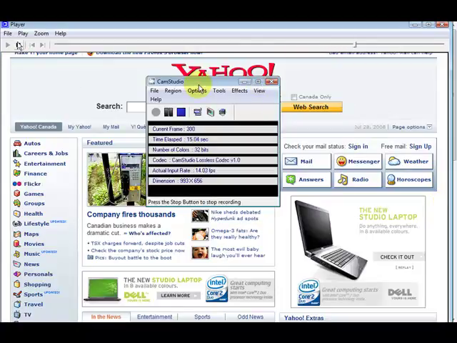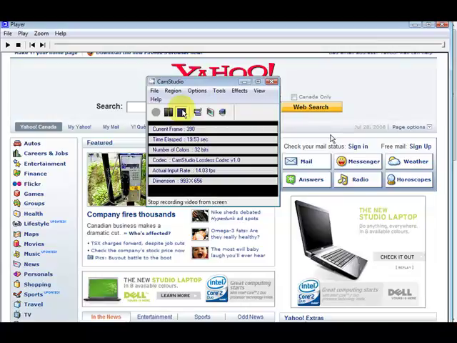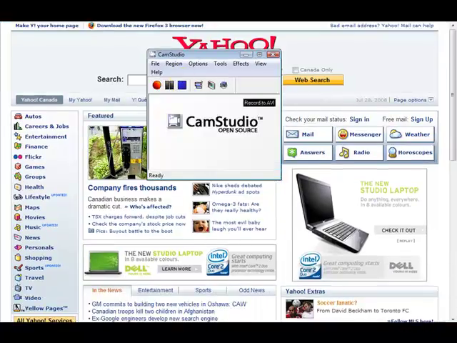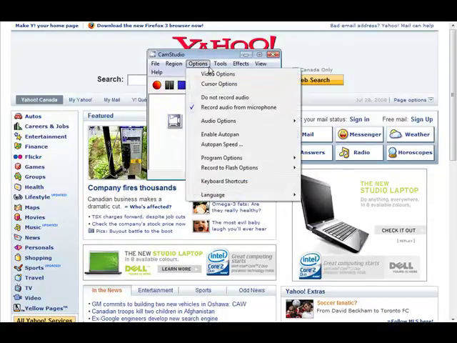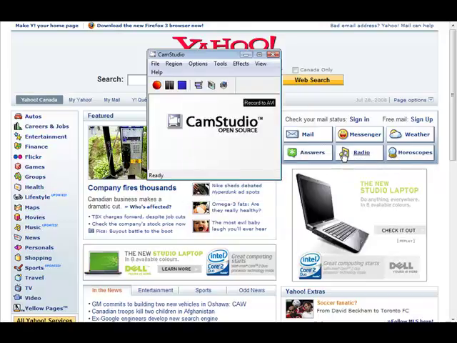Now there's something else we need to look at here. You'll notice that it stayed up here. And what we want it to do is to reduce, and that's why we can set the shortcut key to do that. Now to do that, we just set the options. We go into options, and then we go to program options, then minimize program start recording, and that'll get it out of the way when we hit the record